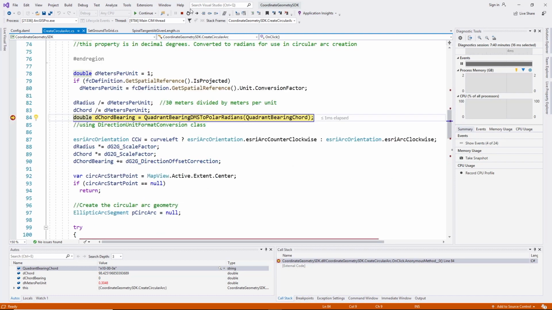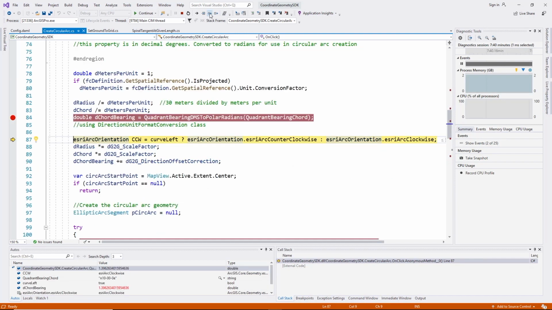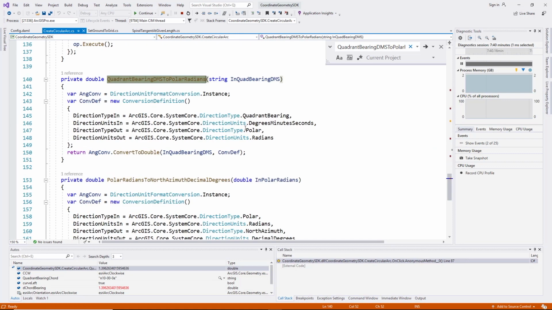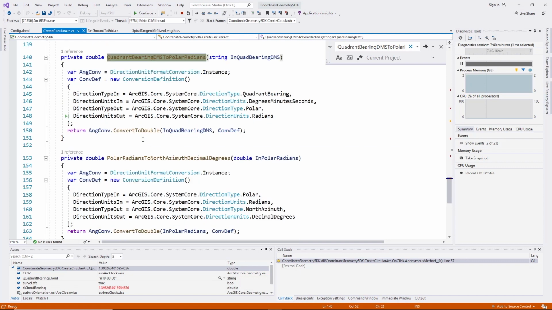Now I'm going to jump into this code that I skipped over at that time. We're going to take a look at the function real quick to see what it does. It's coming in as a string, and we're using our Angular direction unit format conversion class, creating a new instance of the conversion definition, specifying the input and outputs, and then getting back those values. So if we go back here and